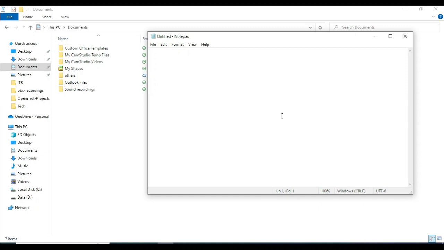We are back to the computer screen. Let's write a quick program to avoid the screen lock. Open a Notepad and write: set WSC equals CreateObject, and in double quotes, WScript.Shell. Then write do. Actually, we are doing a do while loop here. Then we write WScript.Sleep